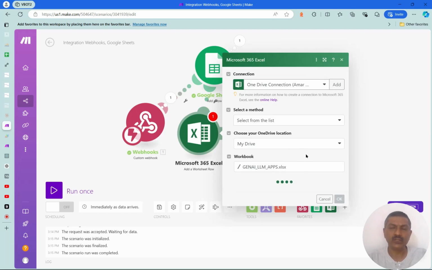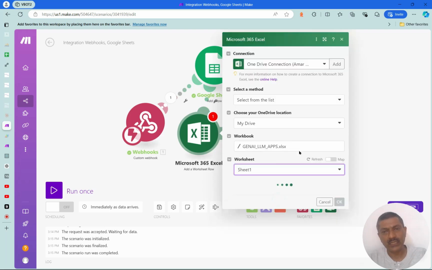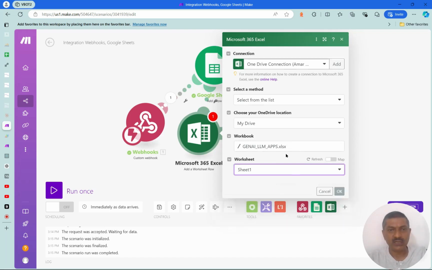Again you connect to the workbook, and in the same manner it will ask you the sheet name, and in the sheet same way I will